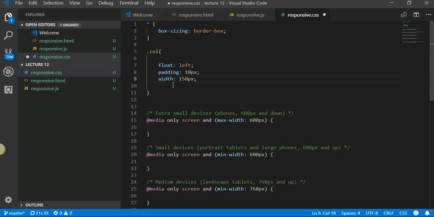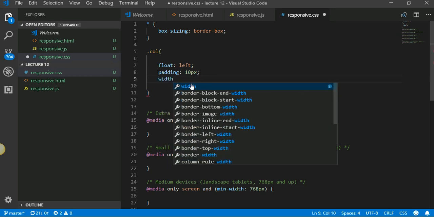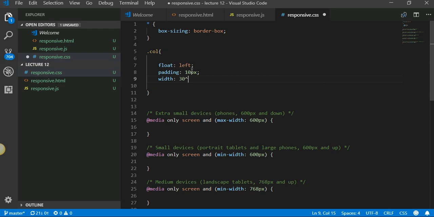Okay, I'm going to show you what you shouldn't be doing. This is something bad. You don't want to hard code the width if you want to have a flexible design. Instead of pixels, you want to use percentage, and you want to decide what that percentage is depending upon how many columns you want. So if the total width of a row is 100% and you want 3 columns, that is going to give you 30%. So you want to say this will be 30% width instead of saying